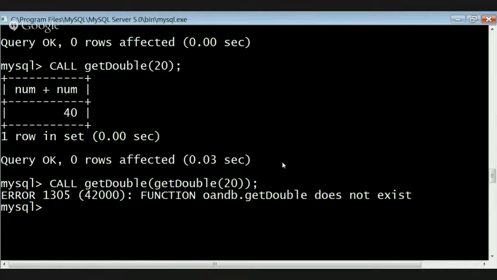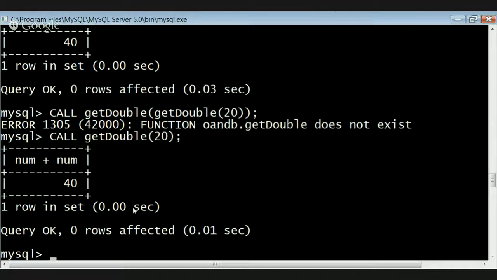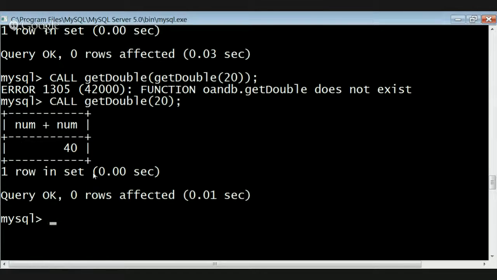Yeah, there is some error here, because it is not returning. If it is giving some value, we can call it like that. This is how we can call